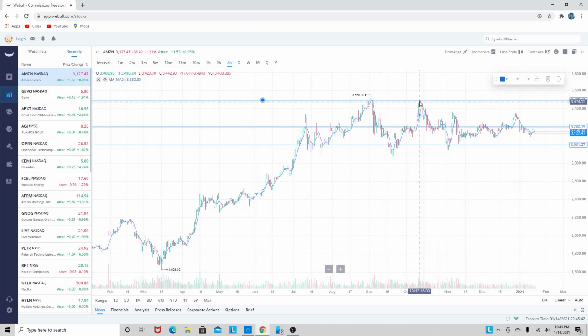made another high right here, retested that high, didn't quite make it all the way back up, but then it dipped back down to the support, tried to come back up, and then dipped below the support, so it broke down through the support right here, retested that lower support at 3,000, and then it broke through the resistance. So this thing's been kind of trading sideways, up and down through these support and resistance areas,